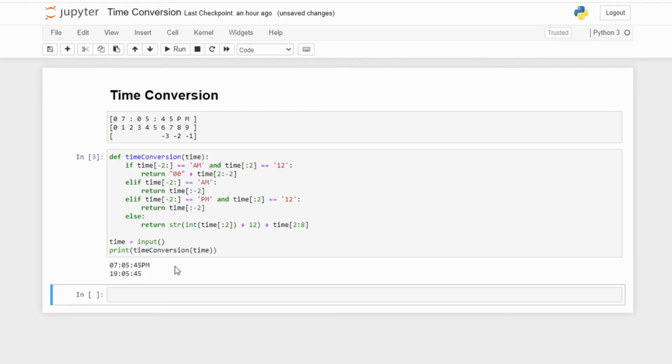There we go. We are done with the code, and I encourage you to try this approach of string slicing and if-else ladder. Work by yourself, and if not, you can simply understand through this code.